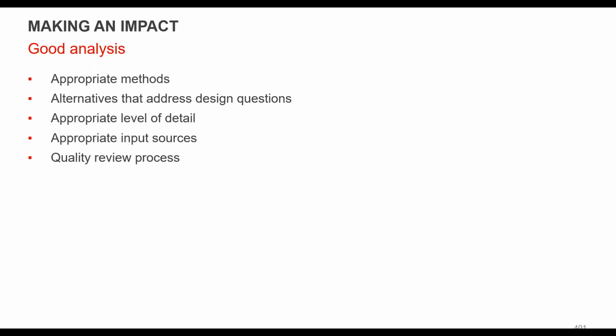And if there's questions that came out of the design, so for example, they're looking at HVAC, make sure you're running the right systems, right? Make sure you ask the questions, you verify your inputs with the design team. Use the right amount of detail. So don't spend a lot of time on something that is not going to have a huge impact on the model, really. And that'll help you speed up your process and make sure that you turn things around in a good amount of time. Use good sources where you don't have data. So again, look at all the data sources that we provided in this course, document them, and have somebody review it, right? Have something in place where you can do a review process.